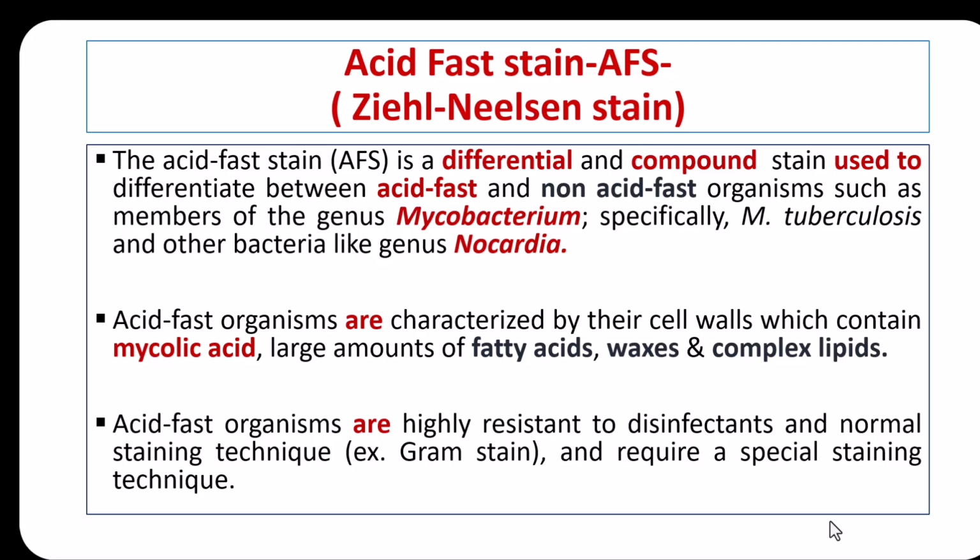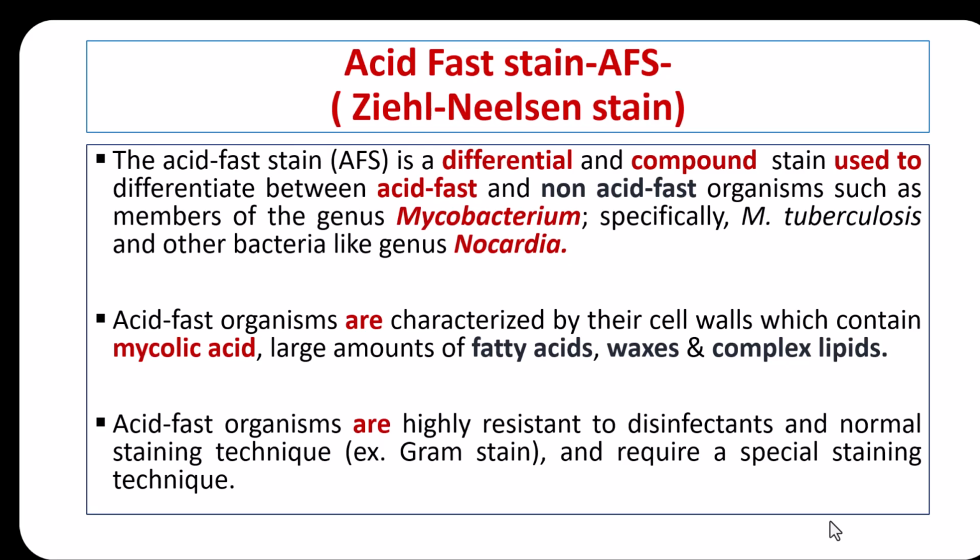This thick, waxy, and hydrophobic layer makes them very resistant to ordinary staining methods like the Gram stain, and even to many chemical disinfectants. Because of this unusual cell wall composition, a special staining method, like the acid-fast stain, is required to visualize these microorganisms